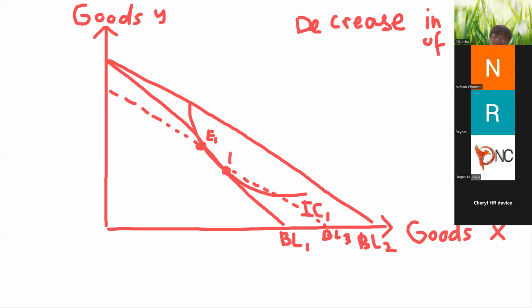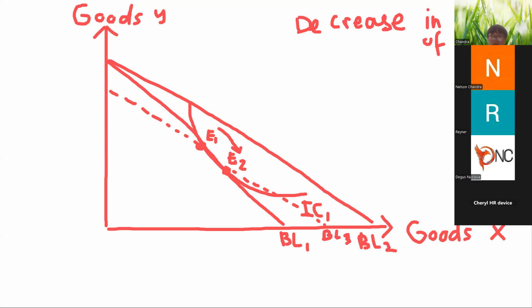And from that imaginary budget line, we can put a dot here. This is called E2. So E2 is the point where indifference curve 1 is going to meet the imaginary budget line. I repeat, equilibrium point 2 is the point where indifference curve 1 meets the imaginary budget line. And now we have obtained the substitution effect, which is E1 to E2. After we have obtained this substitution effect, we can now determine our indifference curve 2.